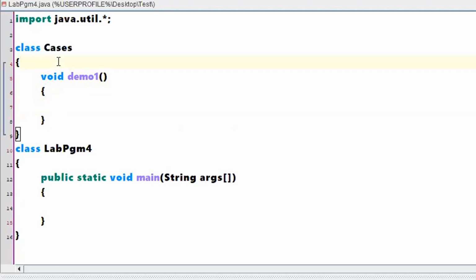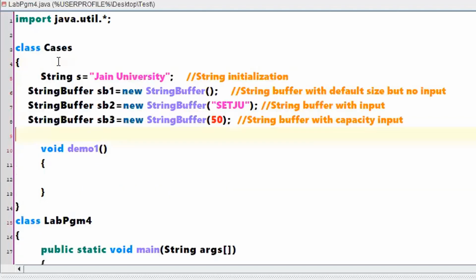Right, here I have a few strings created. The first one is the normal string S is equal to Jain University. The second one is a string buffer object without passing any argument, so a simple string buffer object.